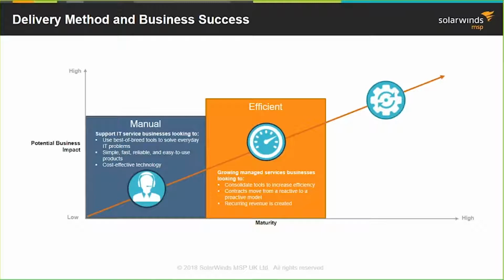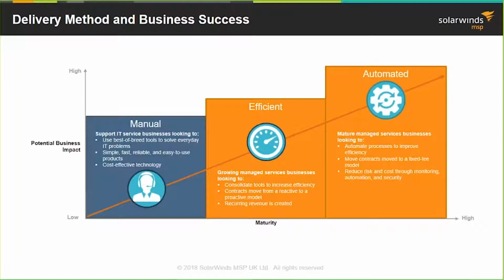And this is where you start to manage the whole environment and you're doing regular maintenance, and this is going to allow you to reduce the amount of reactive issues that occur, thereby creating a better user experience. And then at the top in the automated is where we're looking to streamline our service delivery as a service provider, which gives maximum benefit to the customer. So things like automation, self-healing, more advanced maintenance and management of the environment, because you're accepting more of the risk now as a service provider here, because you're taking them underneath a fully managed type program.